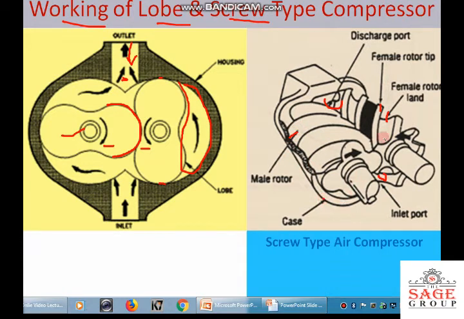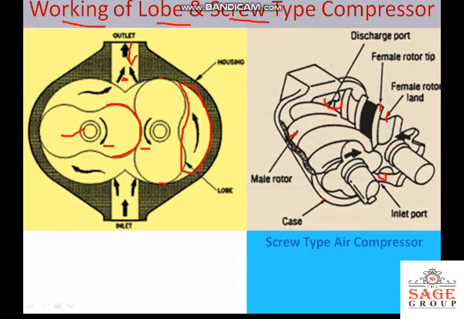So what happens is that the action of this type of rotary compressor is similar to that of the lobe type air compressor. Here there is some gap between these two meshing surfaces, and when these rotate continuously, they take in the air and the air is moved toward the discharge side. That increases the pressure, again by the backflow of the air. So this type of compressor is also used to develop high pressure.